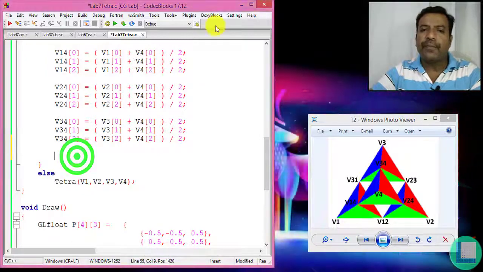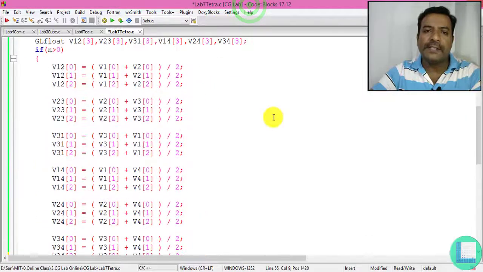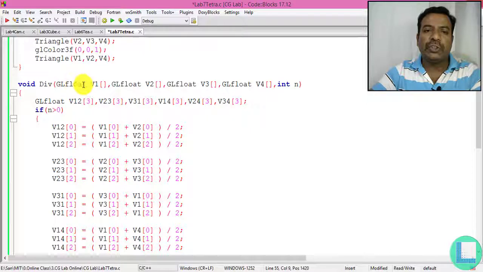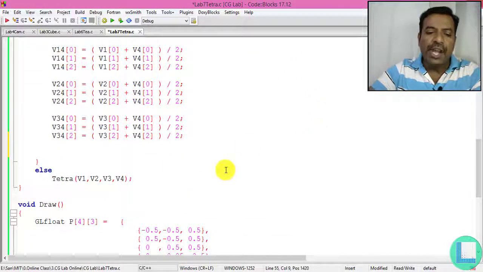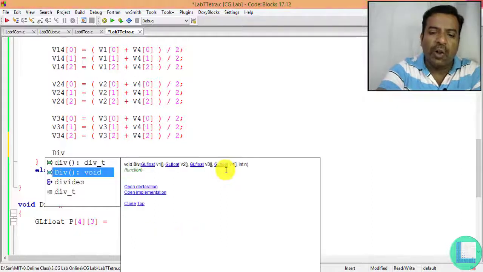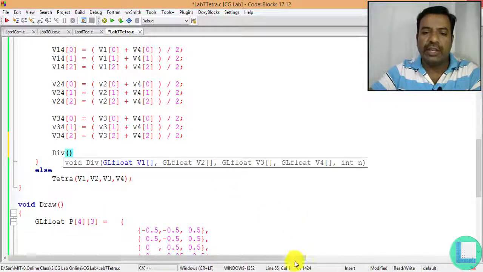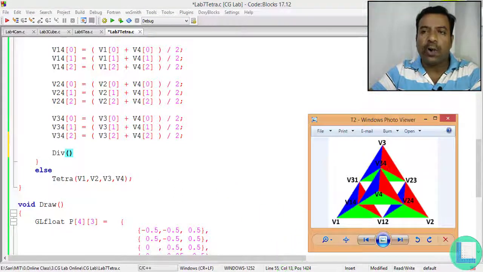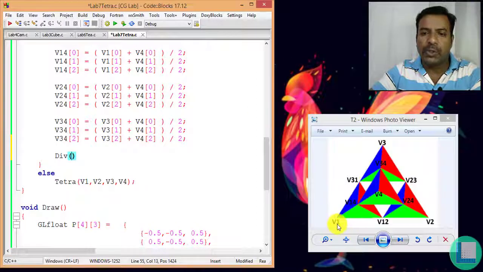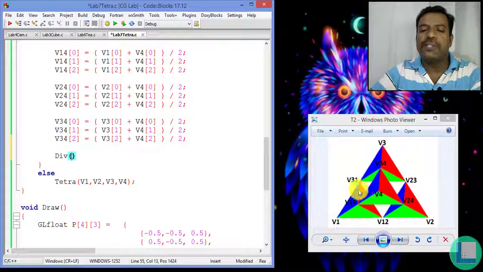And so now I am just going to maximize this. Now the division function should take 4 points and the number of divisions as parameters. And so now I am going to call the division function recursively, and the 4 points I am going to use are for this first tetrahedron.